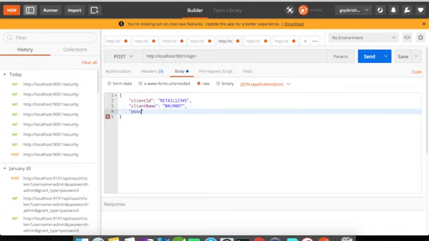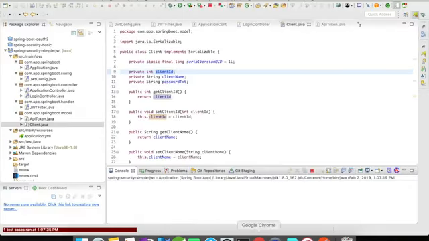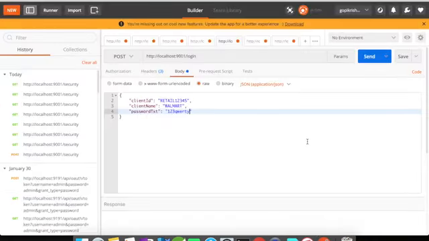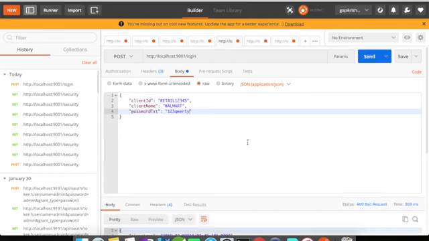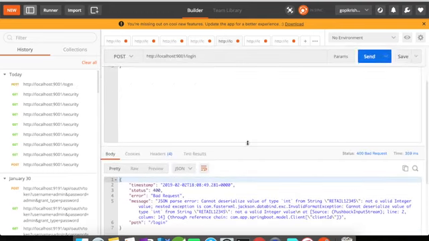And then you have to give a secret key, right? So let's say our password text is going to be 123 QFT. All right. So this is pretty much what I am expecting from an end user in order to generate a token and give it back to them. So when I click on send, it should go to my login controller and then generate the key and send it back to me. So when I clicked on send,